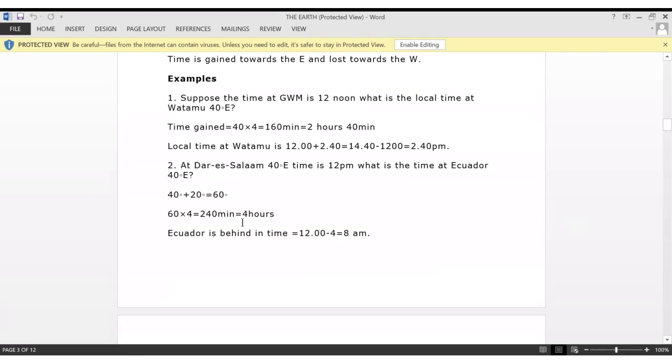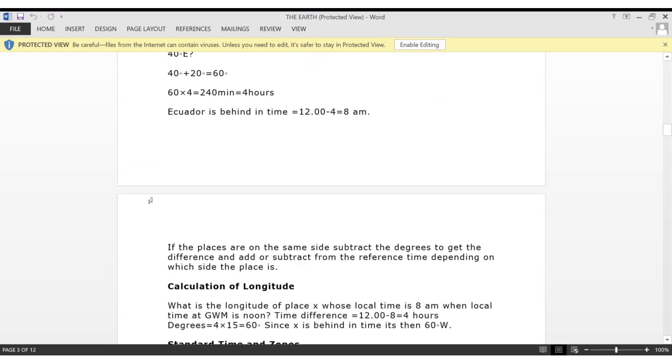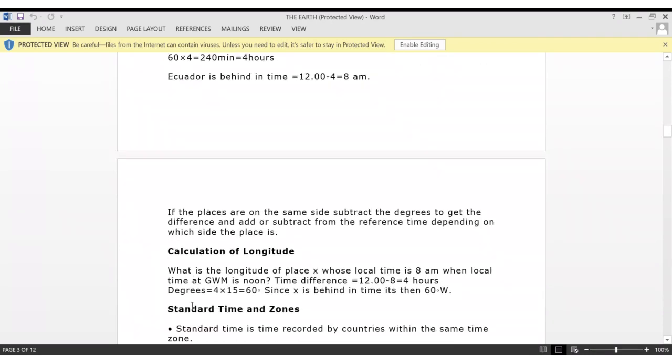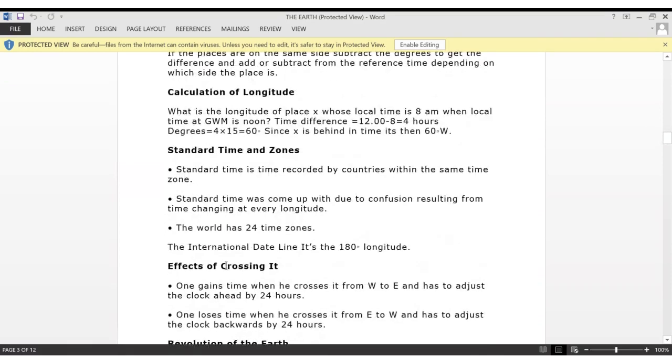So the other examples, you will work them during your free time, and I'll give you some problems that you are going to solve concerning the local time, and I would like to get the feedback during the next class. So let's move to the calculation of longitude, whereby